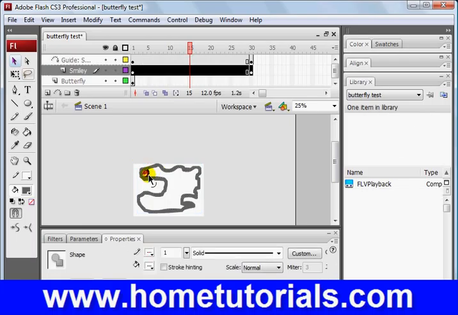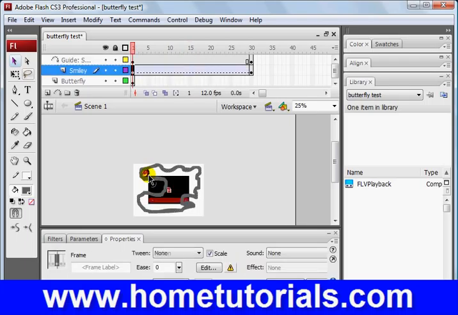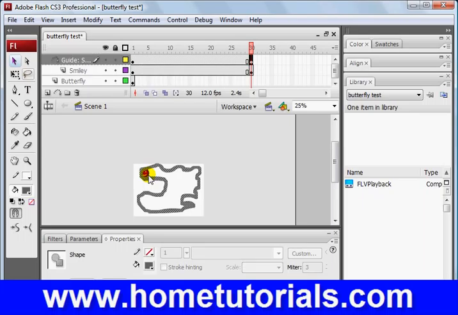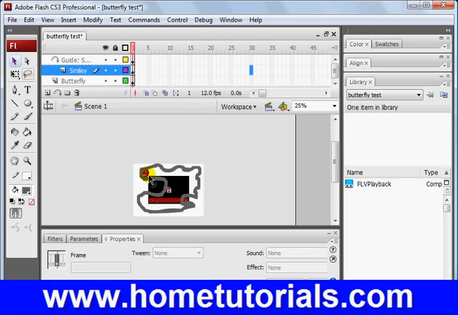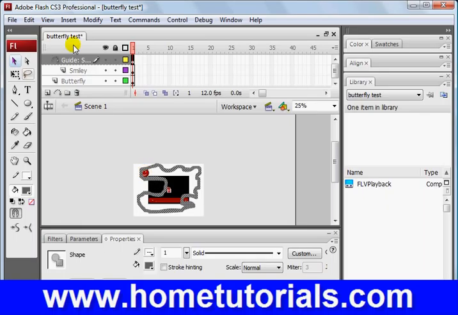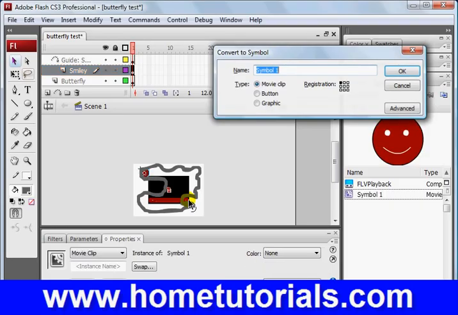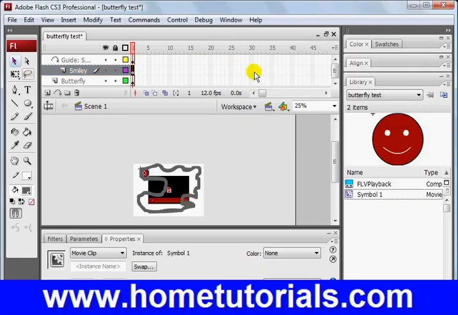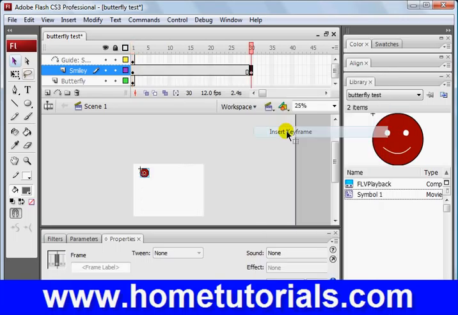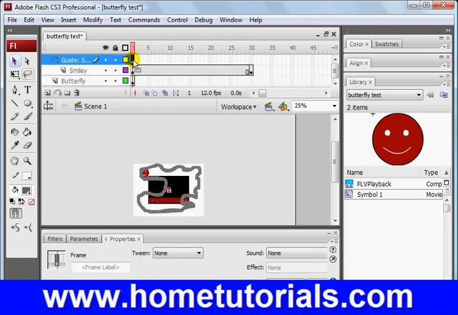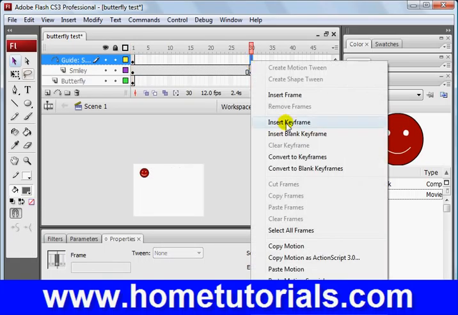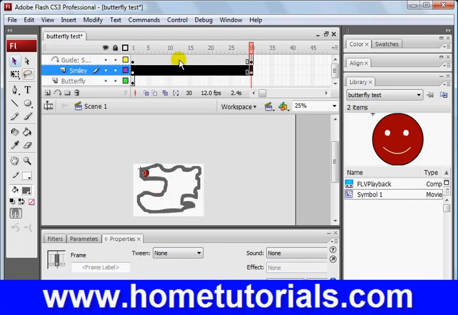Actually, I'm going to back up a little bit here. Delete our keyframes. And now I'm going to turn him into a symbol. Smiley man, F8, symbol, right, frame 30, like so, and insert a keyframe there. Now make a motion tween and